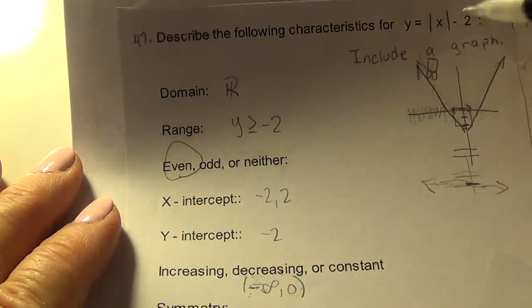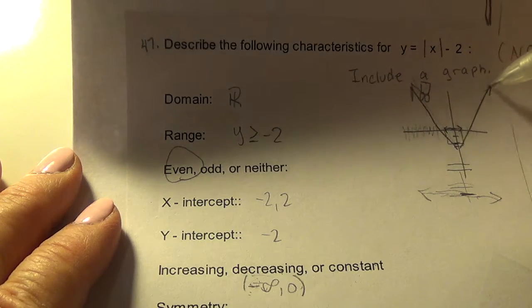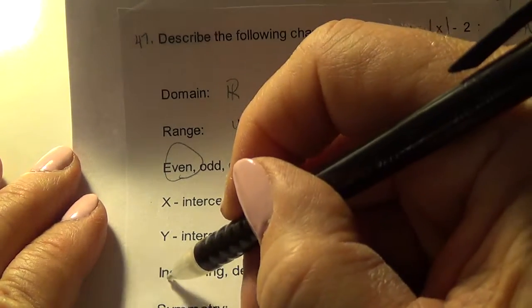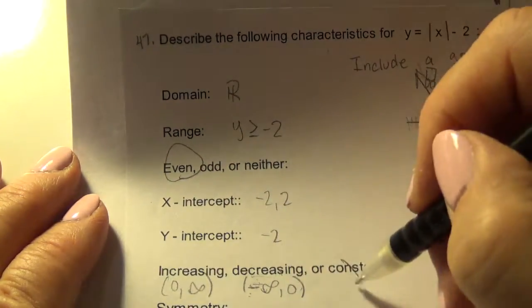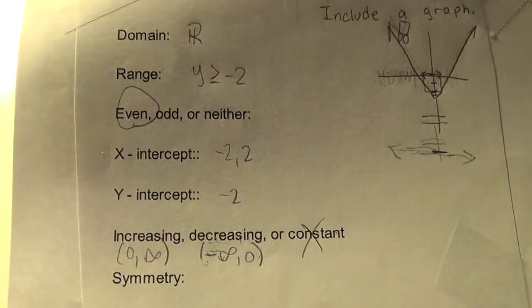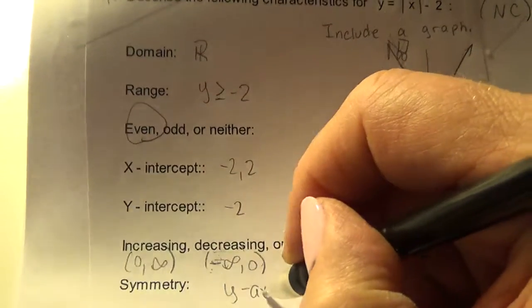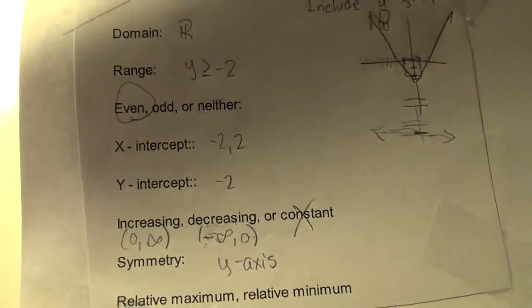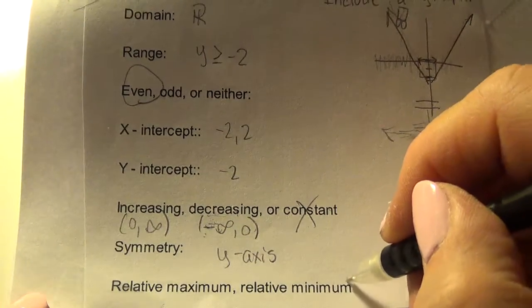This is interval notation, and that's where it's decreasing. Then it starts increasing. So it's increasing on the interval 0 to +infinity and doesn't have any constant sections. Symmetry, it's symmetric to the y-axis. And relative max or min, it's got a relative min at